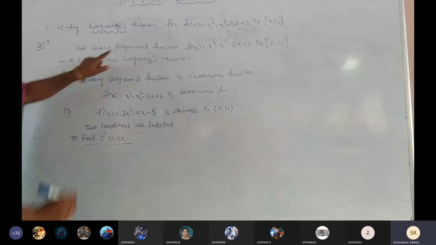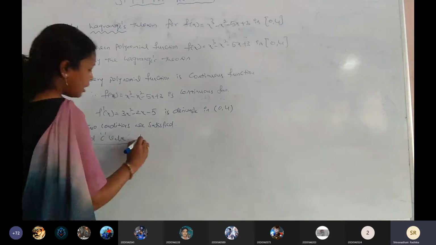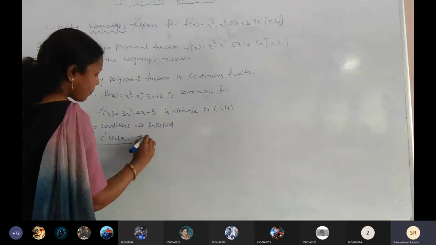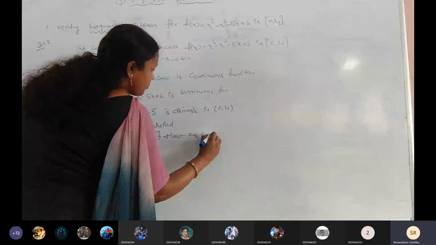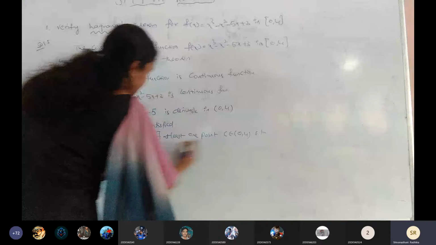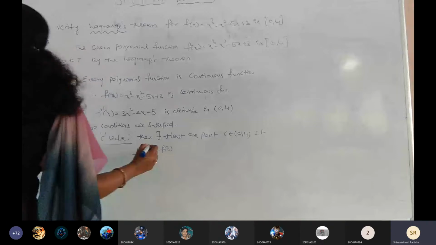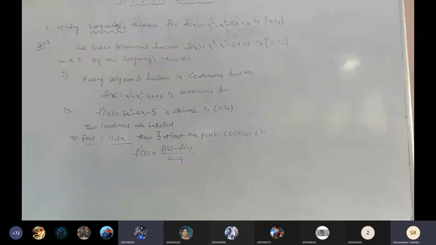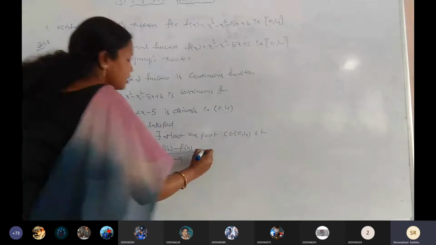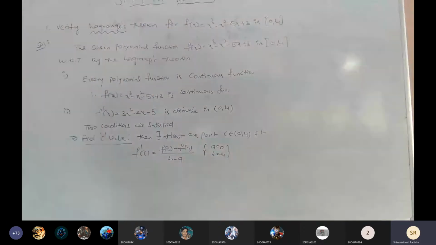And this is not Rolle's theorem, which is Lagrange's theorem. What is Lagrange's formula? Then there exists at least one point c belonging to the open interval 0, 4 such that f dash of c equals f of b minus f of a by b minus a. Yes, so this is the formula, right? Now what are the a and b values here? Since the interval values are a equals 0 and b equals 4, just substitute the values here.